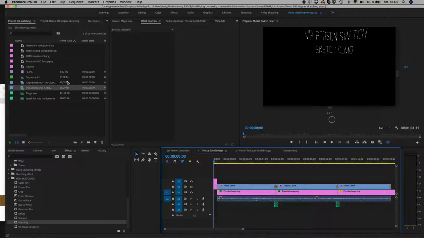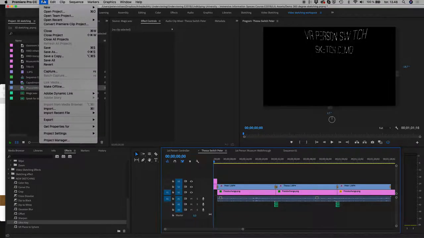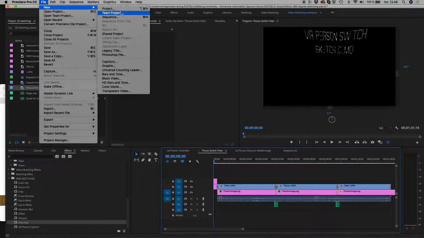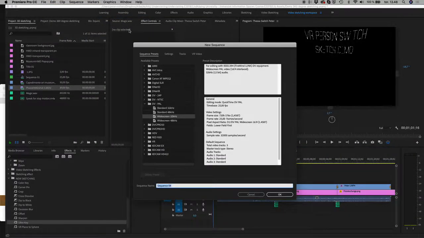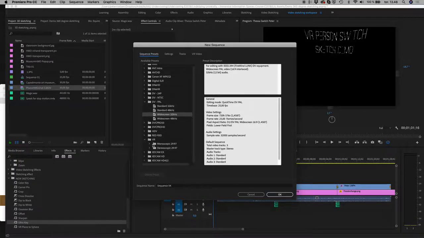right there. To do that, I'll show you how to make a virtual reality scene, because now we actually need to go up here in File and press New and New Sequence. And when you do that, you will see that we have used just a digital video presets here in a widescreen, but there is actually also a sequence preset called VR, where we will choose monoscopic because we haven't recorded anything in 3D. So we still just have a flat but